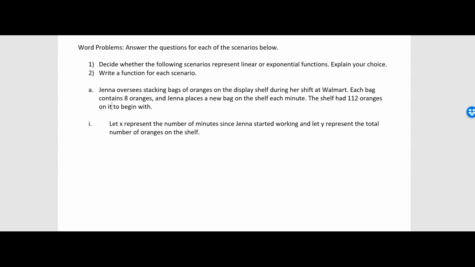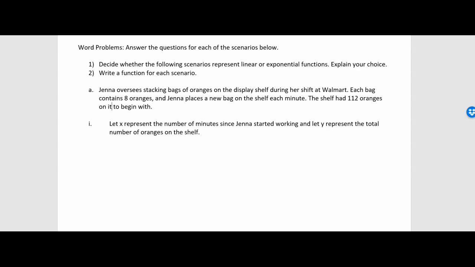So it says, let x represent the number of minutes since Jenna started working, and let y represent the total number of oranges on the shelf. So basically, to decide whether it's linear or exponential, we need to think, is the quantity of oranges changing by a constant amount every minute, or is it changing by a constant ratio or rate every minute? Right? So is the same number of oranges being added every minute, or are we multiplying the total amount of